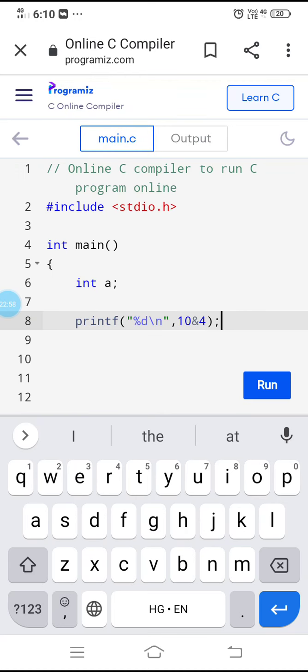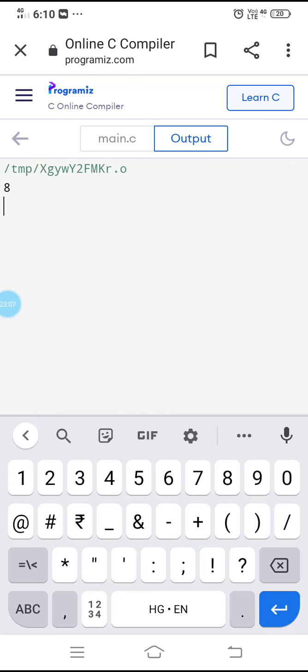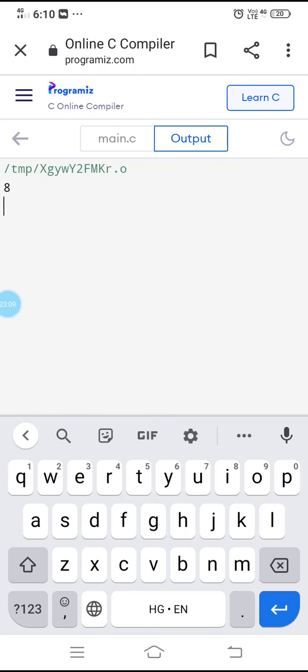Again, let us take it as 40. The value is 8. How we get 8, I will explain in the next video on bitwise operators. Otherwise it will become a lengthy video.